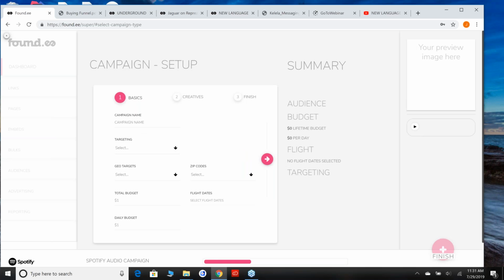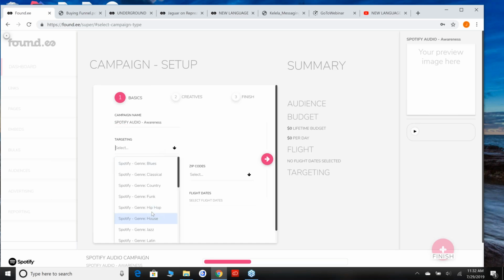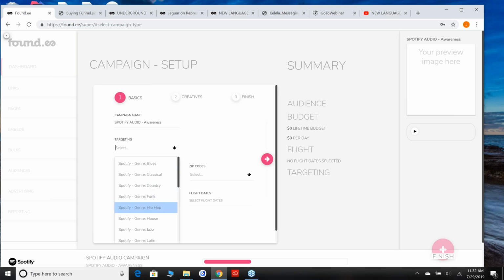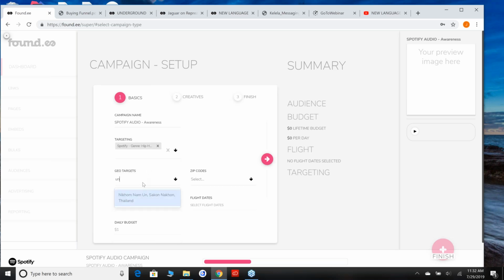I would say, especially with limited budgets that we're all working with, some of the best times to run Spotify or any sort of audio are at the awareness phase and at the acquisition phase. And see, you got some hip hop here, and there we go. I'm going to pick US. I could pick Portland, Oregon, because I'm about to show you